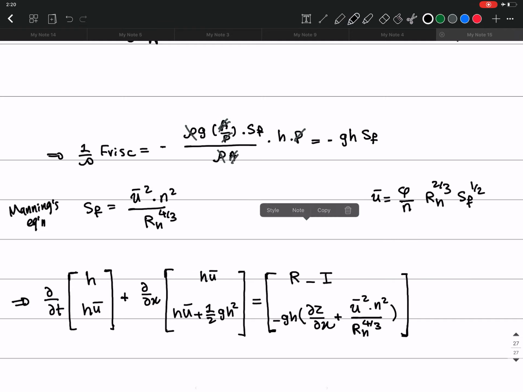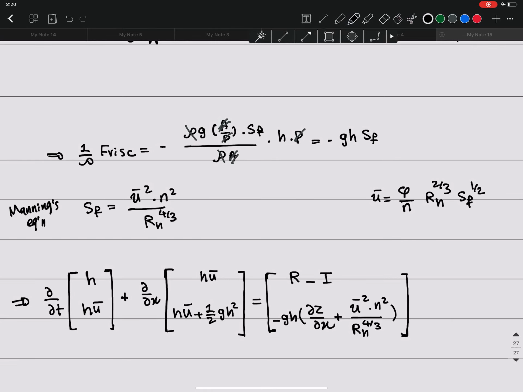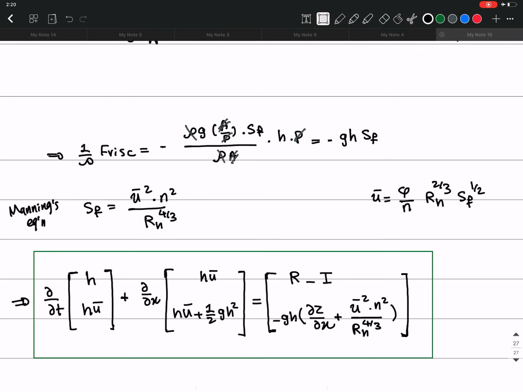So this is a very general formula, and if you want, you can just write a code to numerically solve this for different conditions. For example, when you have rainfall and infiltration, or when you don't have any rainfall or infiltration, then this term just becomes 0, right? And when you have slope, where partial z over partial x is your slope, or when you don't have any slope. And in terms of different roughnesses, like when you have concrete or different types of channels,